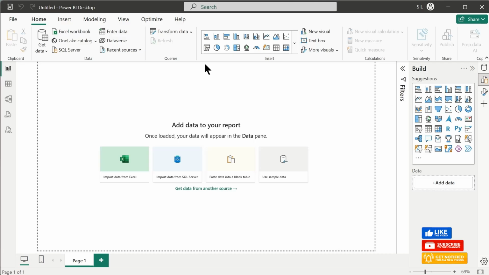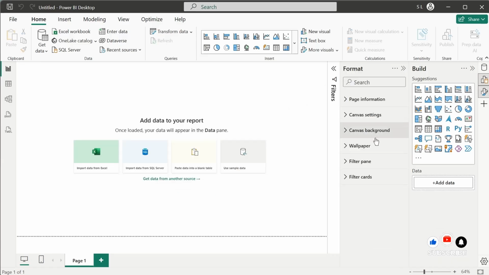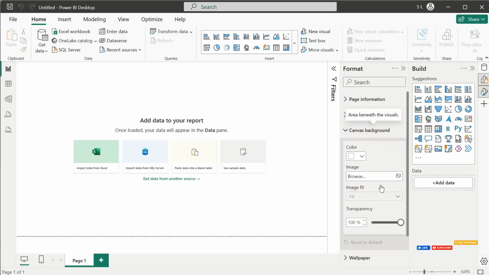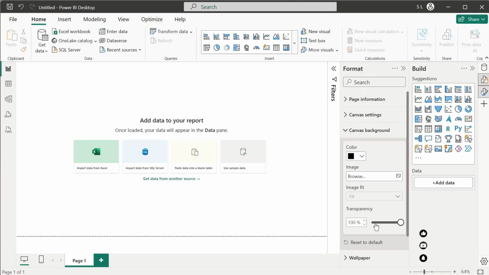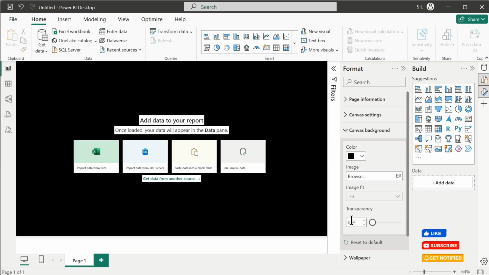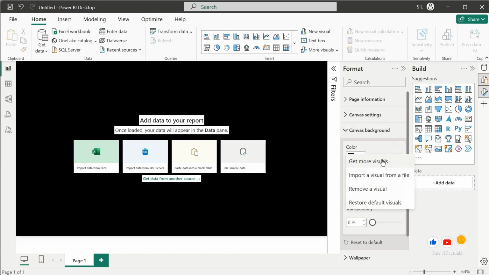So first of all, we need to go to our Power BI Desktop application, and in the format, we will change the canvas background to all black and reduce transparency to 0. Then we need to add a custom visual. So in the get more visuals,